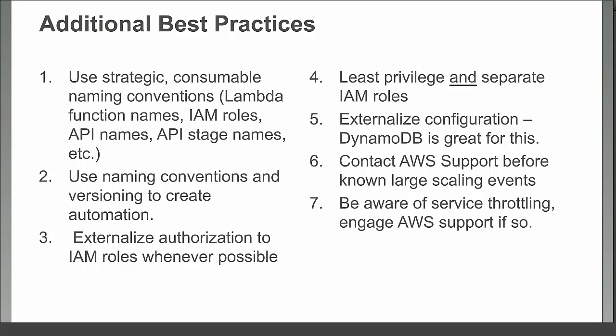Next is another mechanism for decoupling. You may be tempted when creating your IAM roles for your first set of Lambda functions to just reuse the same IAM role across your set of Lambda functions that are used within the same app. I really recommend that you decouple your Lambda function and your IAM roles and have a one-to-one relationship between Lambda